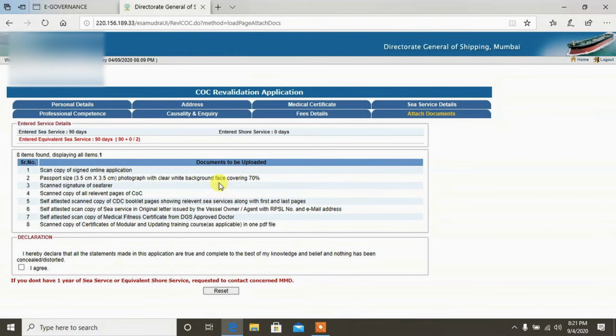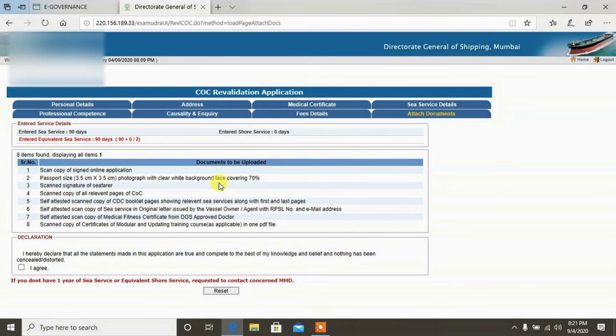Then you have to send your scanned signature of the seafarer, scanned copy of all relevant pages of your COC, self-attested scanned copy of CDC booklet pages showing relevant sea service along with the first and last pages, self-attested scanned copy of sea service in original letter issued by the vessel owner or agent with RPSL number and email address,